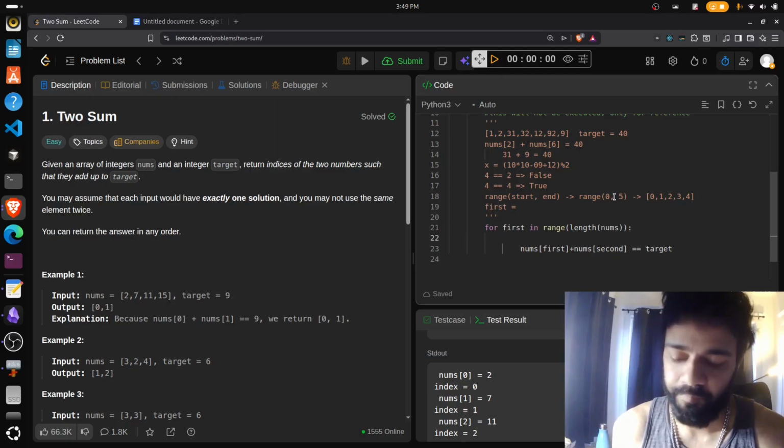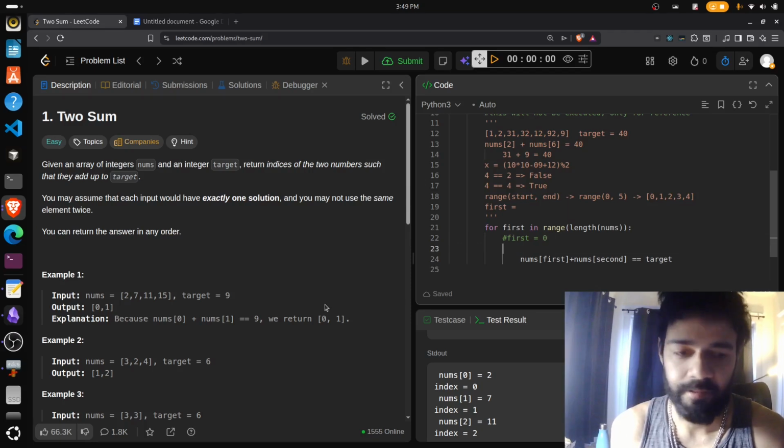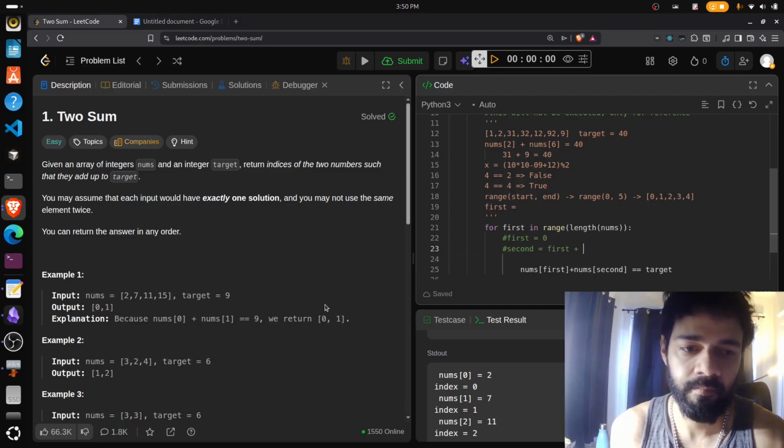Now here, let's say that my loop is allotted the value of 0. I want to check it against the second element, which starts from 0 onwards. So 0 onwards is basically just first plus 1, right? First plus 1. So within the loop, I initiate another loop inside this loop,